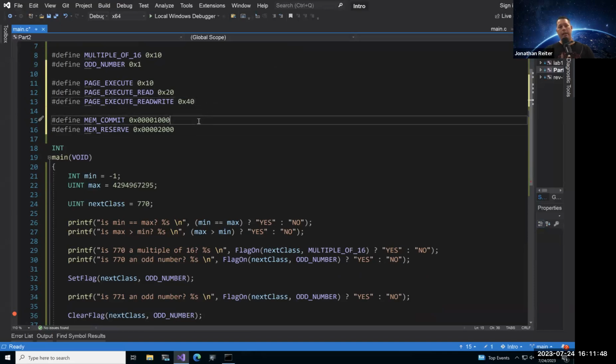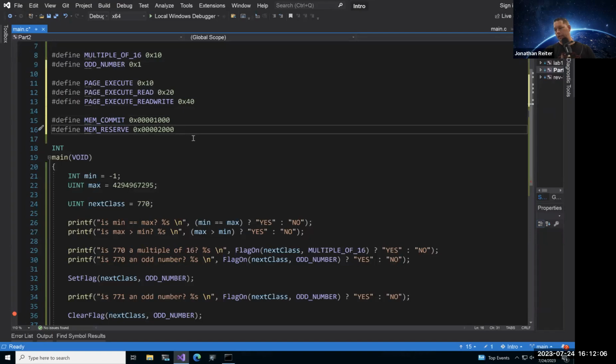And when you're allocating pages of memory, you can in one full swoop call MEM_RESERVE and MEM_COMMIT to reserve some pages of memory and commit them. Okay, cool. So now we have those.